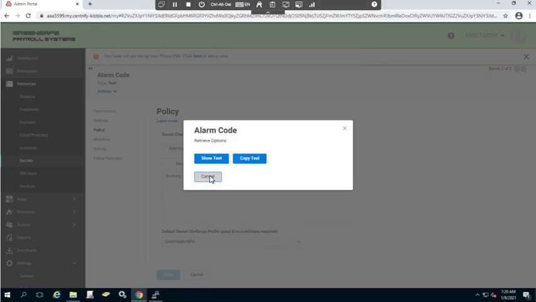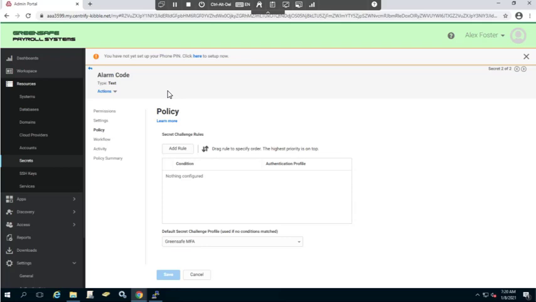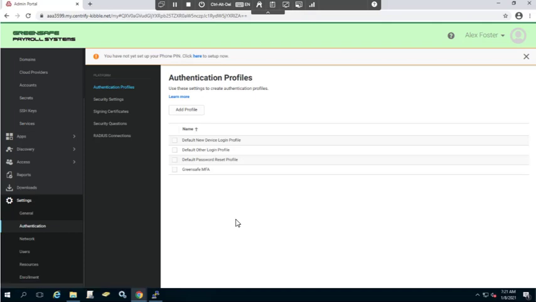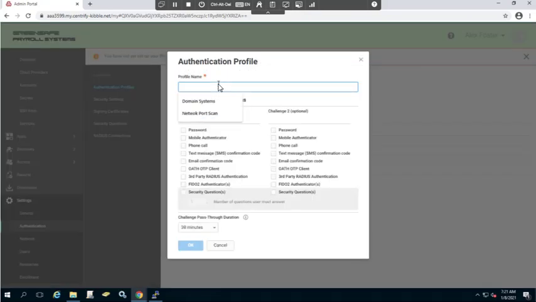So now what we'll do is let's apply MFA at a different level. At this point, we've focused our MFA on individual resources. Let's now do this at a more global level when they log in. So let's go back to authentication under settings, and we're going to create a new MFA profile. Now this one's going to be for the login. So we'll call this one GreenSafe Login